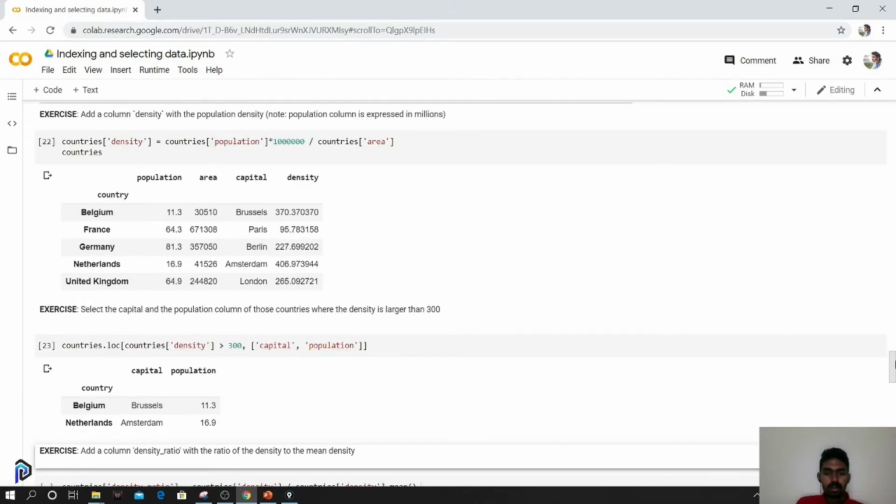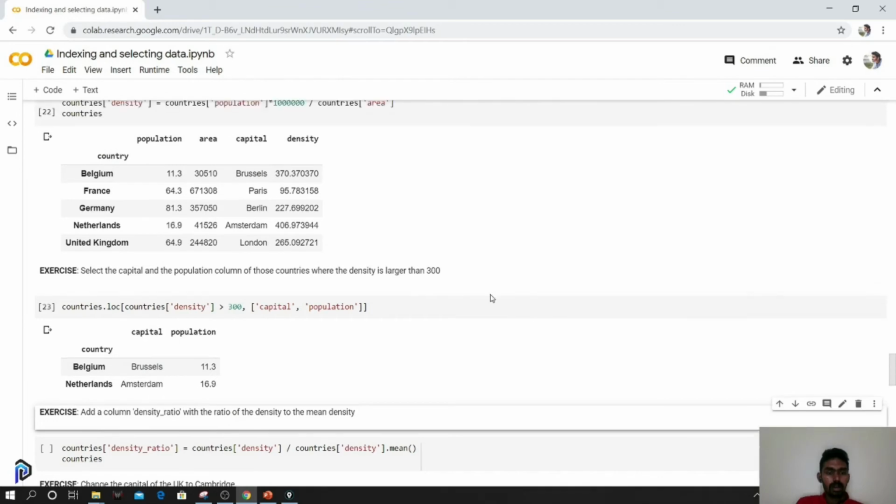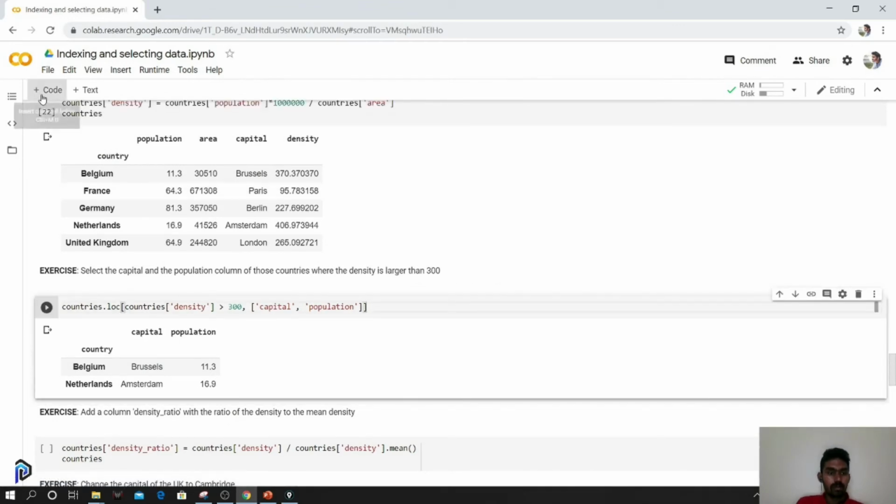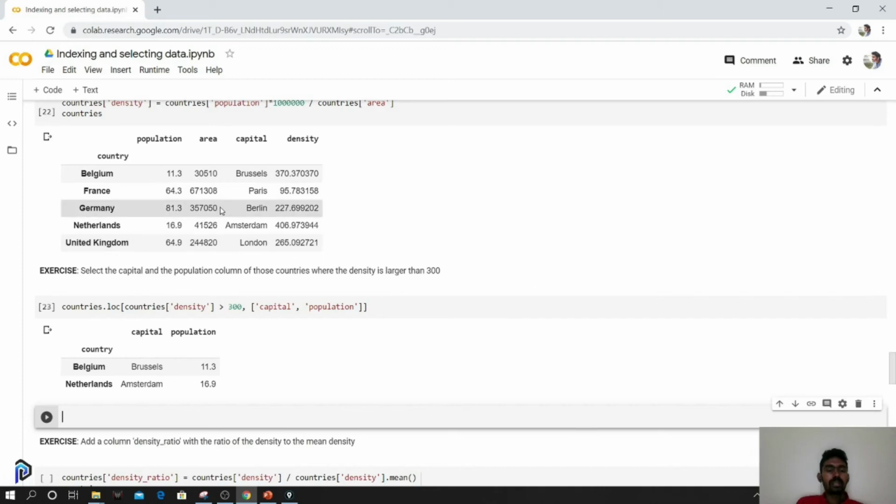I hope it's clear. So let's put in another example, like we'll do our own thing. If we want to select the population and area for countries which have a density above 200, that's our criteria. So using above 200, we want population and area. So what we do is use countries, use loc.